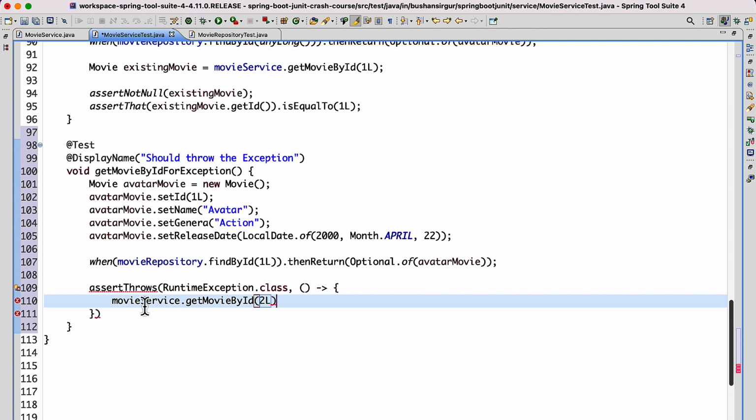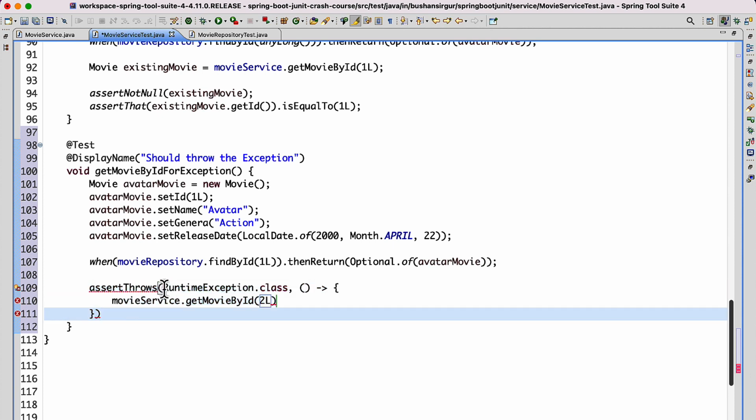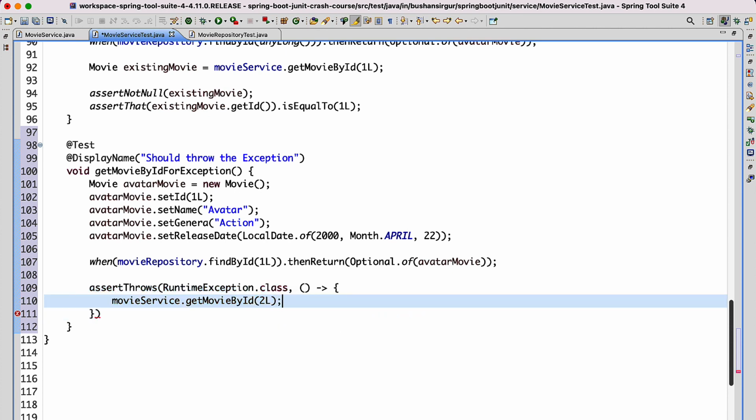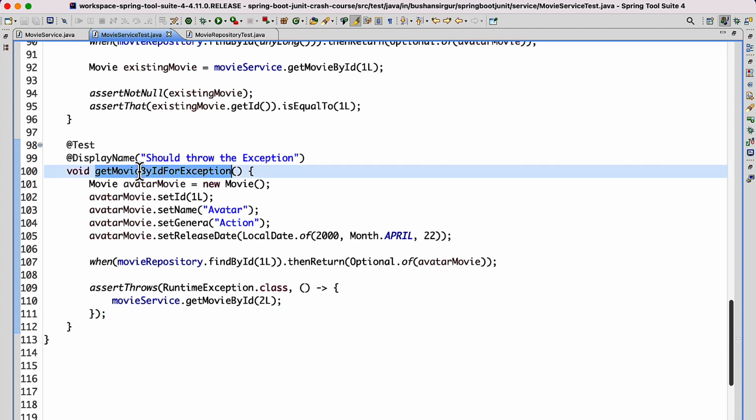Here we are calling getMovieById and passing the movie ID 2, but here we are stubbing the method findById with the movie ID 1. So this will throw the exception as expected, and we are verifying that the exception is RuntimeException. So that's all about writing the JUnit test case for handling exceptions. Now save this, and also I'm going to add the semicolon. Let's save this, and now if you select this test case and choose run